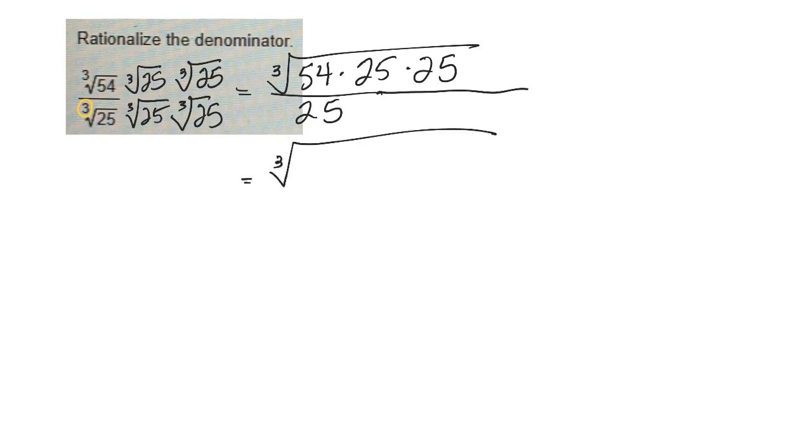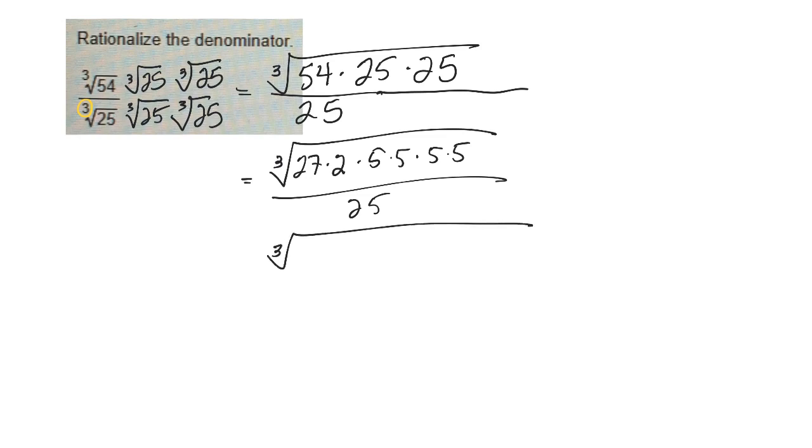So with 54, I could rewrite that as 27 times 2. And then the 25 is 5 times 5, and the other 25 is 5 times 5, all over 25. Then 27, I recognize that one as 3 times 3 times 3, times 2 times all of those 5s